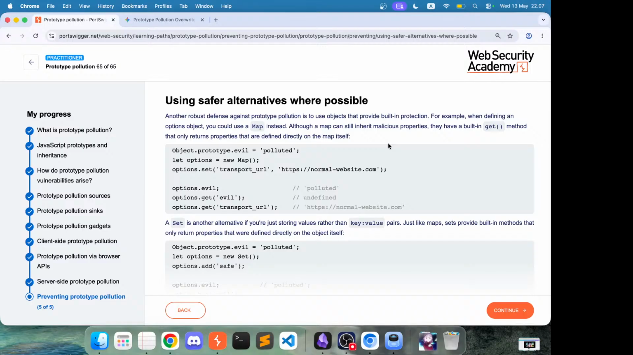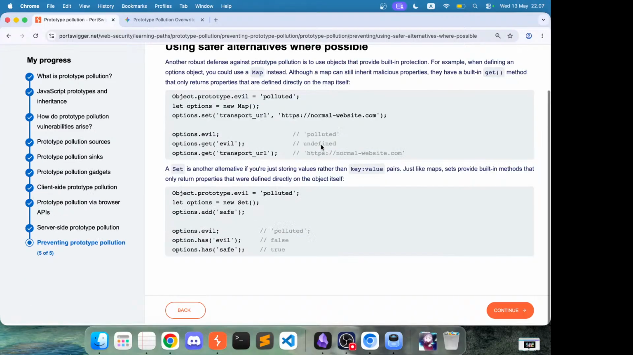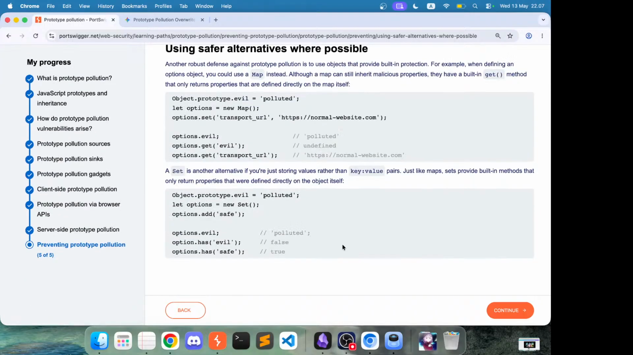Although a Map can still inherit malicious properties, they have a built-in get method that only returns properties that are directly defined on the Map itself. Oh, okay, I understand now. Yeah. So